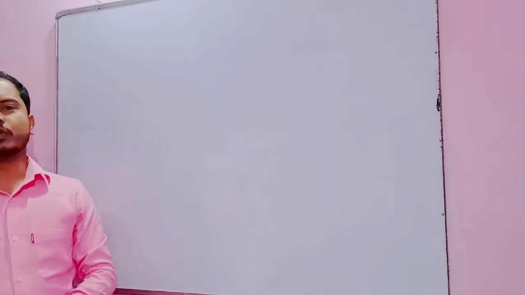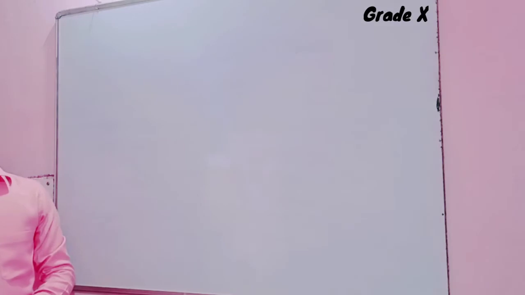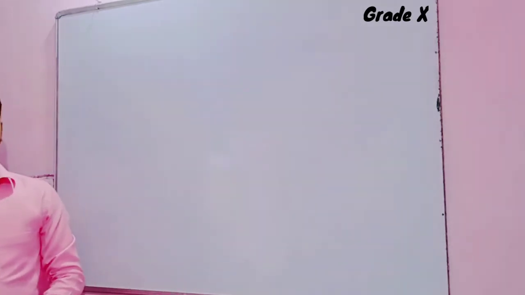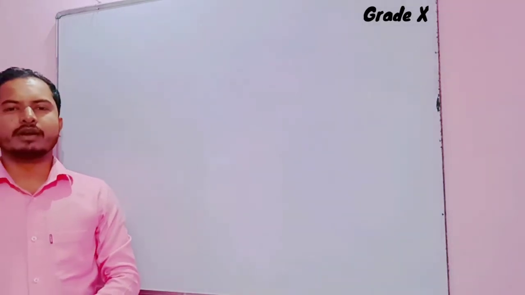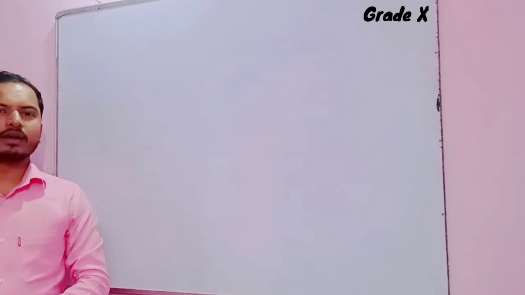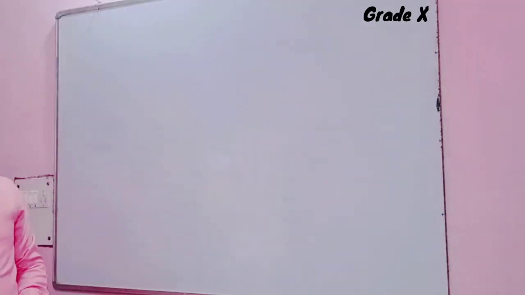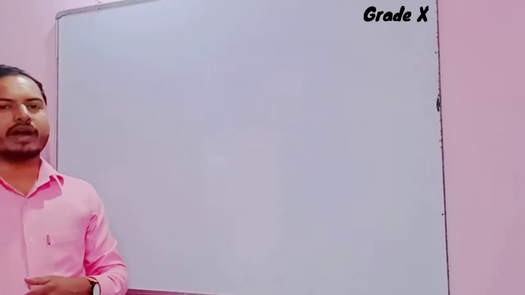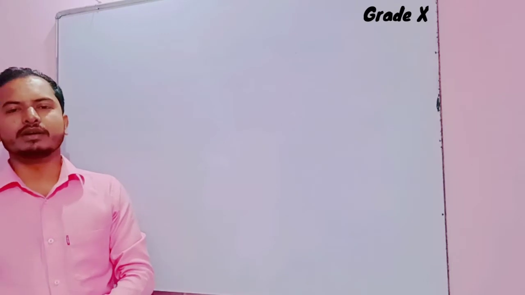Today's session is for the students of class 10th, and the topic is still the same: the pair of linear equations in two variables. In the last session, we studied how the solutions of a pair of linear equations help. For example, the intersecting pair has a unique solution, the parallel lines have no solution, while the coincident lines have infinitely many solutions. So let us today try to find the methods of finding the solution of a pair of linear equations.